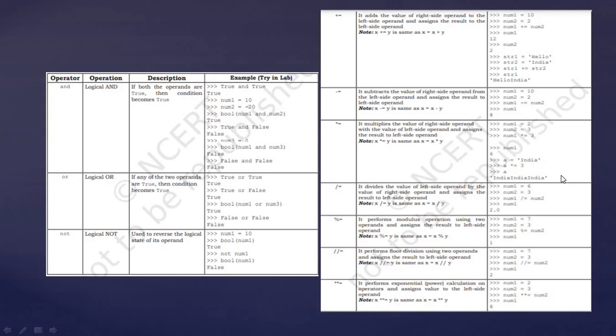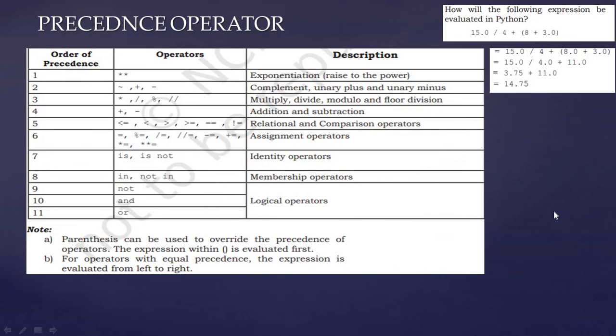And the following is also applicable. Here is the modulus one, which gives us the remainder, and floor division, the exponential one. Next, we come to the precedence of operators. Now, the highest precedence is given to parentheses mentioned right here, which is evaluated within these brackets. Next comes the exponent and